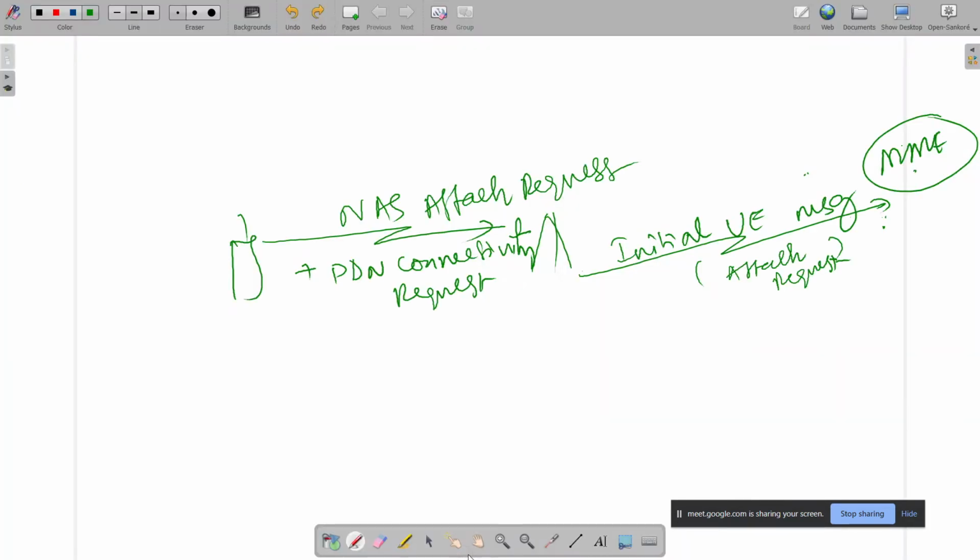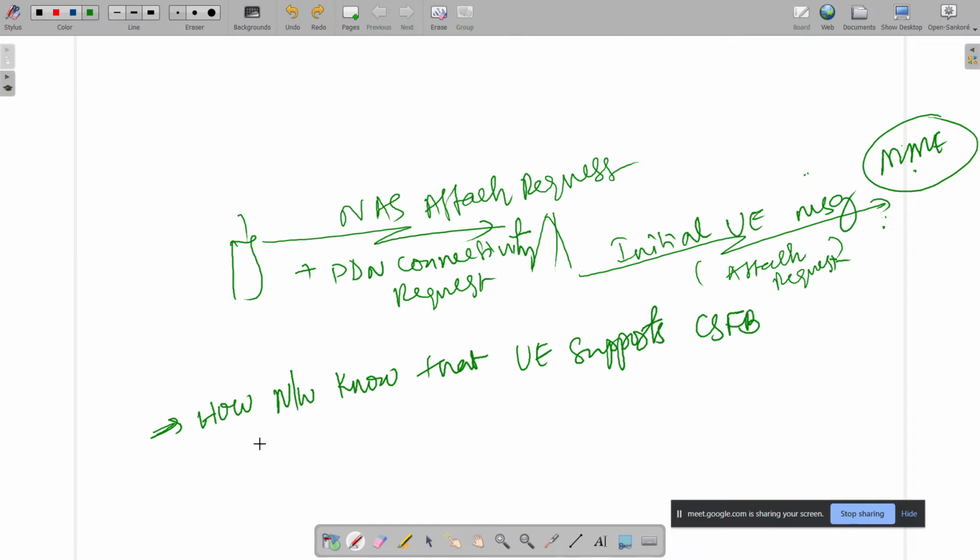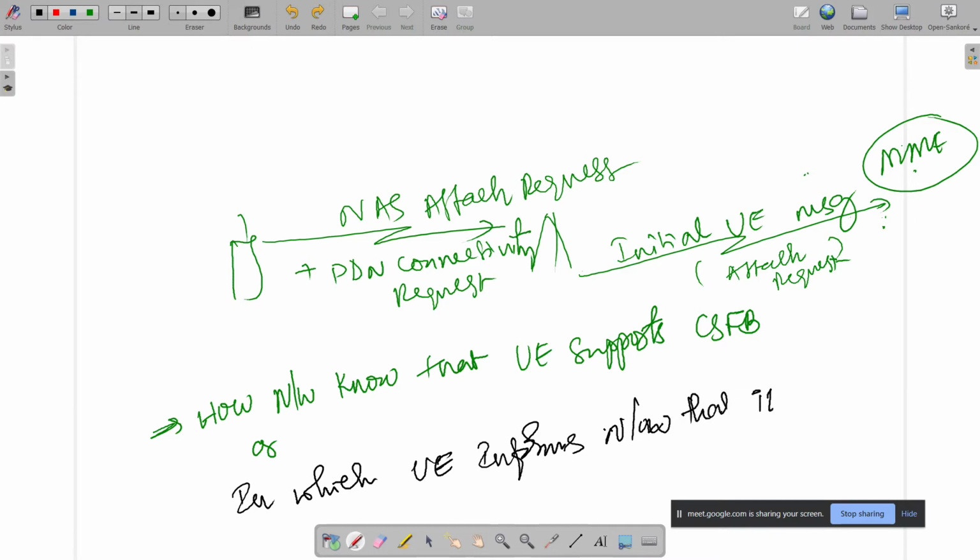See, what the interviewer asks: how does the network know that the UE supports CSFB, or in which message the UE informs the network that it supports CSFB.